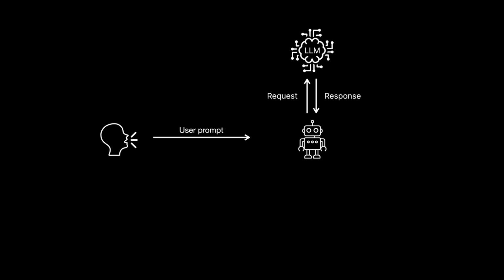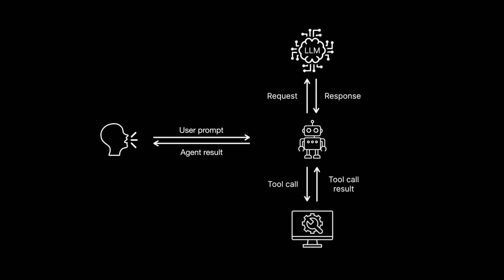Let's now return to the general flow of a basic agent with tool calls. The user sends a prompt to the agent. The agent calls the LLM. It might resend the same prompt along with available tools, or it might add some additional context. The LLM returns a response, which could be either a text message or a tool call. If it's a tool call, the agent can invoke the tool. It gets the result from the environment, which it then sends back to the LLM. This process goes on until the LLM no longer wants to call any tools and reaches the final answer. That's how it works.